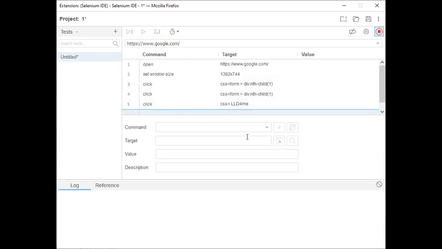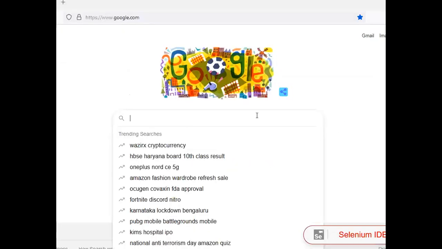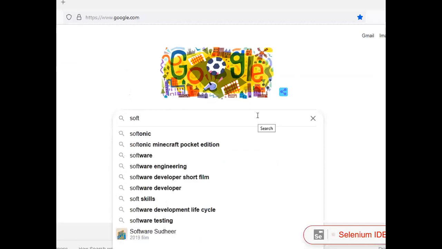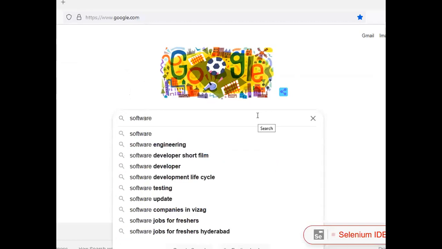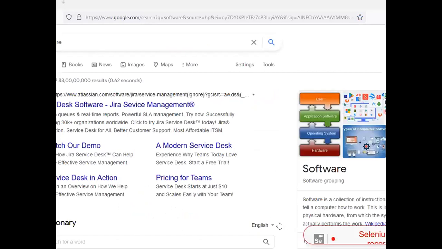Also, I typed one representation here, which is software.